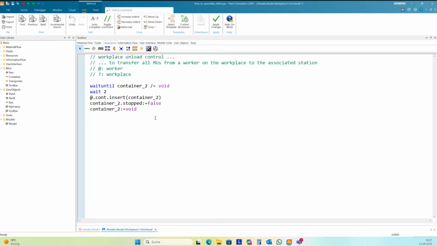It's not my day. Okay, I start the container, and then I set this variable back to void to be able to wait for the next container.